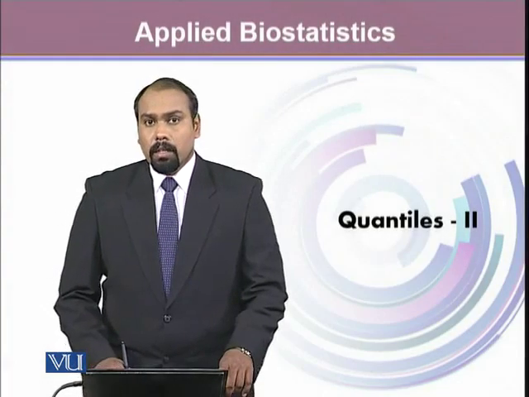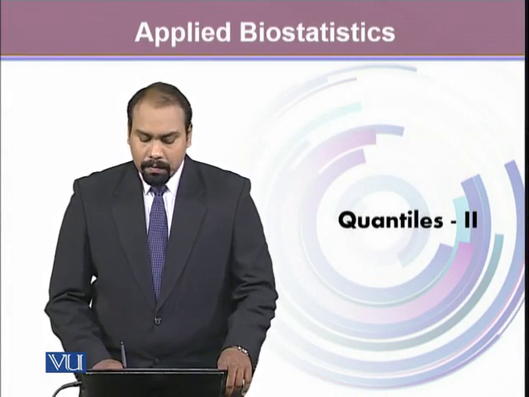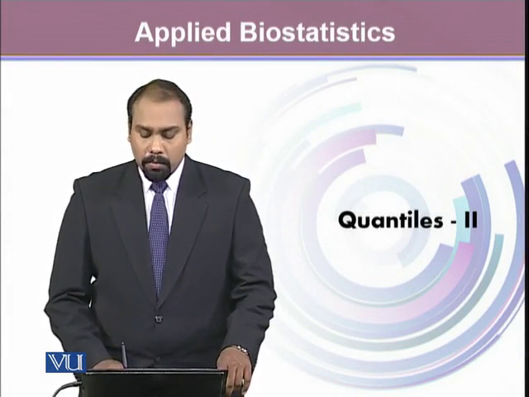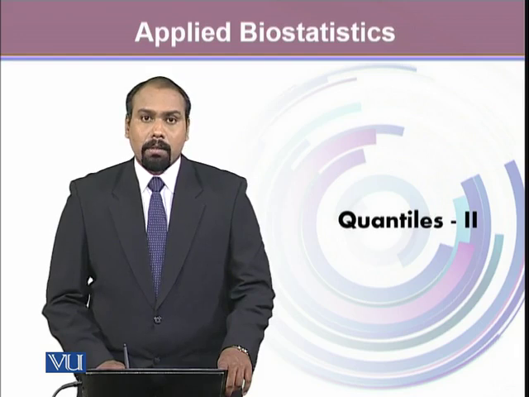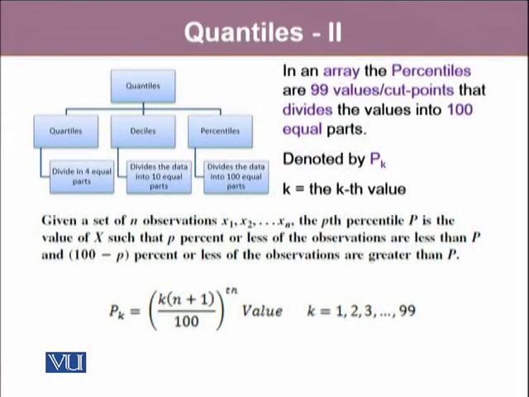So we'll continue talking about the different other quantiles. We have talked about quartiles that divide the data into 4 equal parts. We talked about deciles that divide the data into 10 equal parts. And now there are the percentiles. Percentiles in an array are the 99 values that divide the data into 100 equal parts, which are denoted by